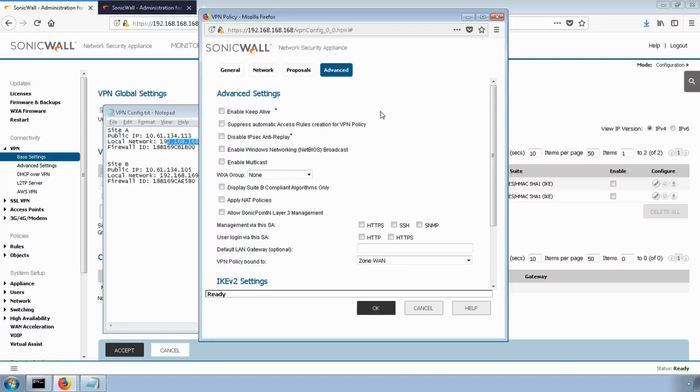Now we're still on Site A, which is the main office. This is some custom administration settings that you'll be able to figure out what works best in your environment. You'll be able to access management over the VPN for the firewalls by enabling or disabling, as well as creating access rules, NetBIOS features, as well as multicast. We're going to leave all this alone for now, but when we go to Site B, we're going to enable